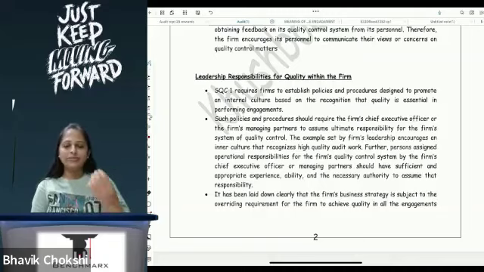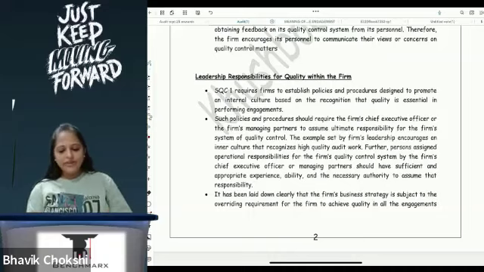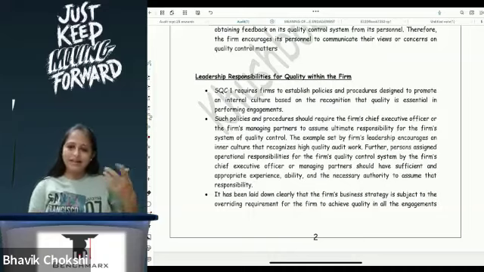He should have the capability, he should have the knowledge, he should have that experience in order to be able to lead. If you don't have that, then the quality will flow accordingly in the organization, and then it is difficult to maintain your quality control check. Correct? So leaders are very, very important practically also, and of course in your standard it is one of the elements. So what is it saying?